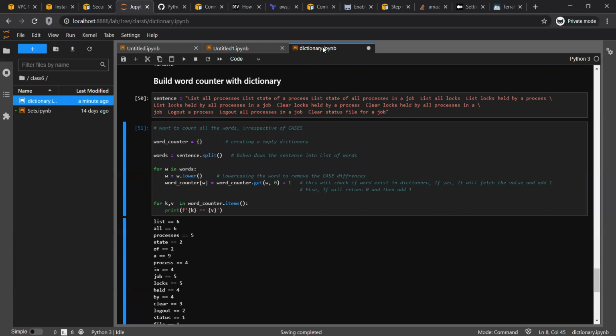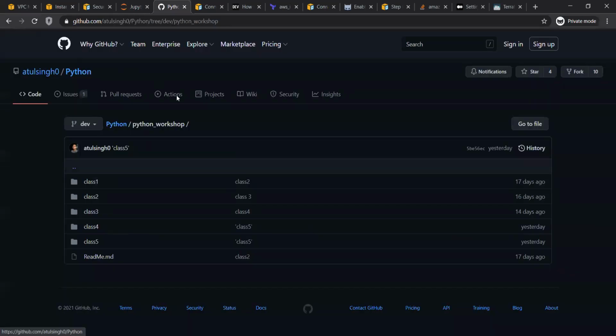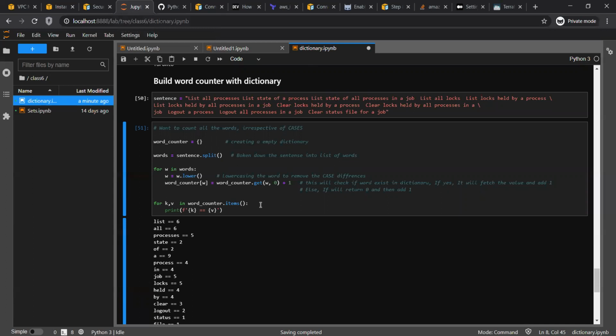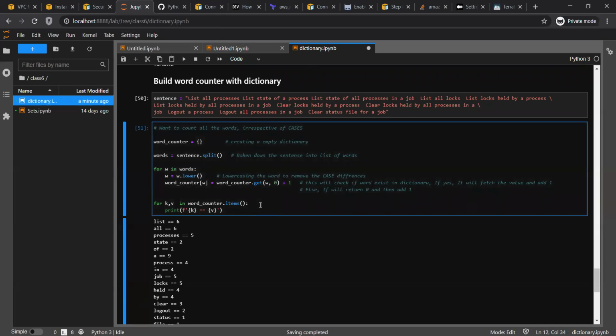Could you please upload or send an email on how to get to those Git notebooks? I had difficulty reaching there. Oh, okay, I'll send that. No issue, I'll share the link. No problem. Thank you. Yeah, no problem. Okay, so let me